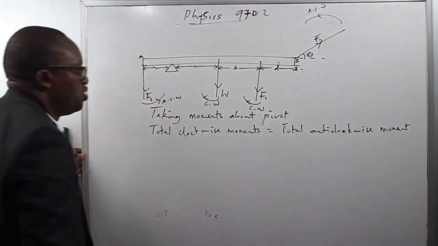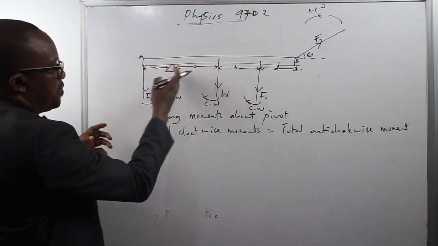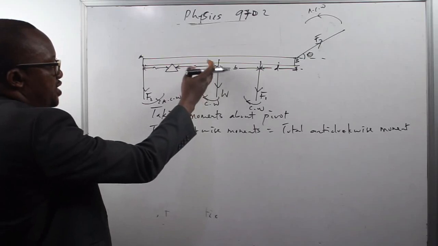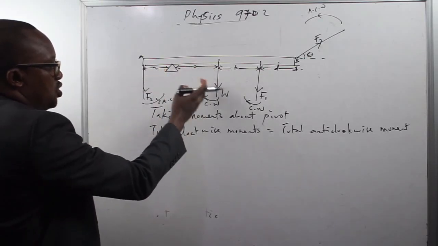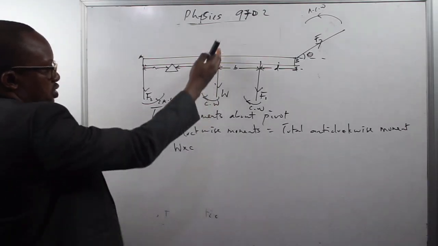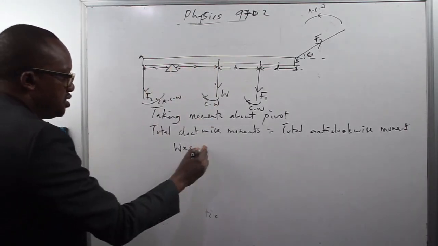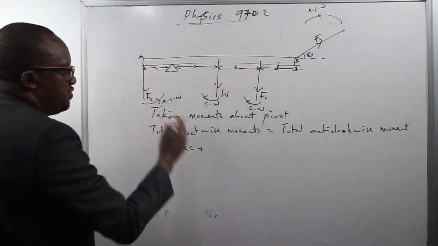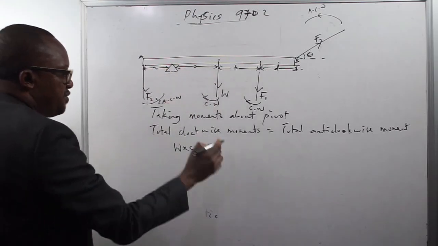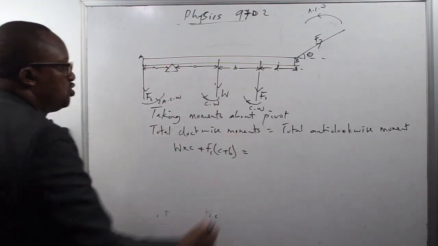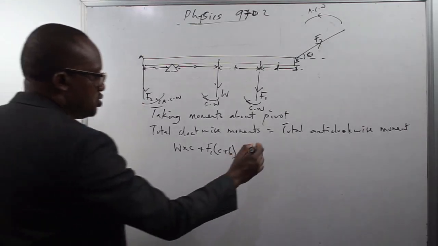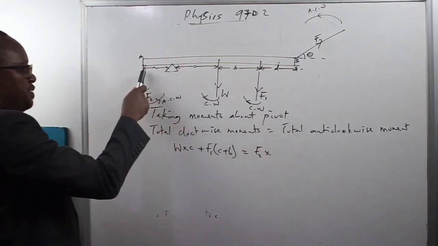So what are our clockwise moments? W, moment, don't forget, is the product of the force and the perpendicular distance from the pivot. So the moment of W will be what? W times C, product of the force and perpendicular distance from the pivot. The moment of F1 from this pivot will be what? F1 multiplied by the perpendicular distance from the pivot, which is C plus B. This will be balanced by the total anti-clockwise moment, which is F2 multiplied by its perpendicular distance from the pivot,